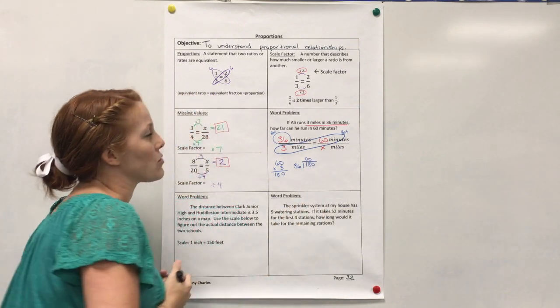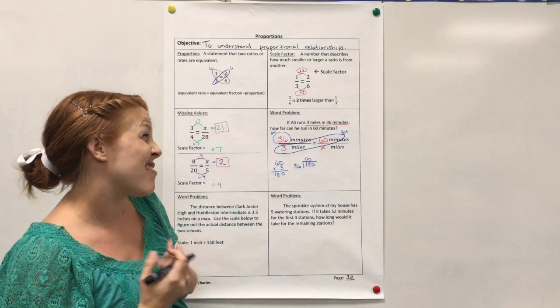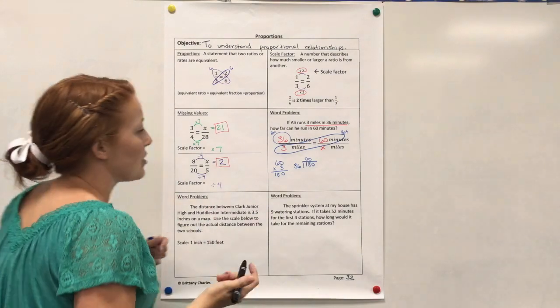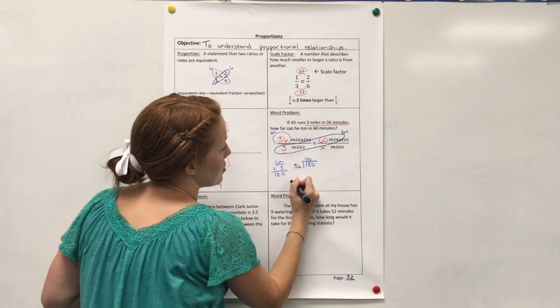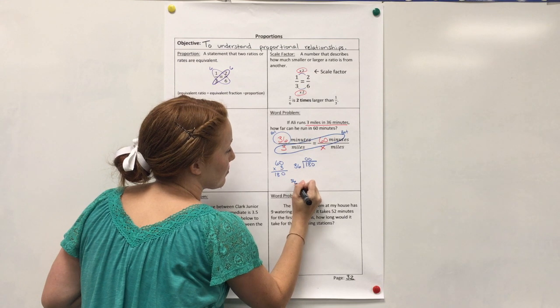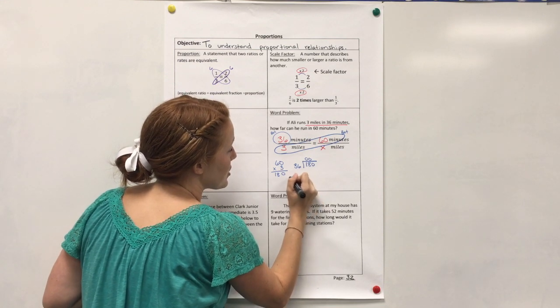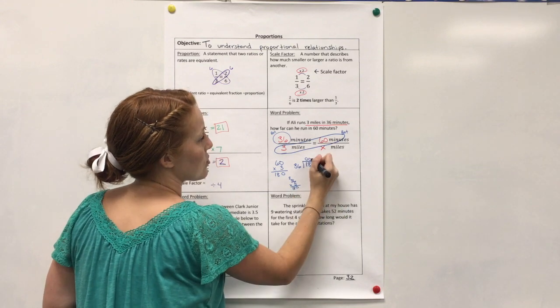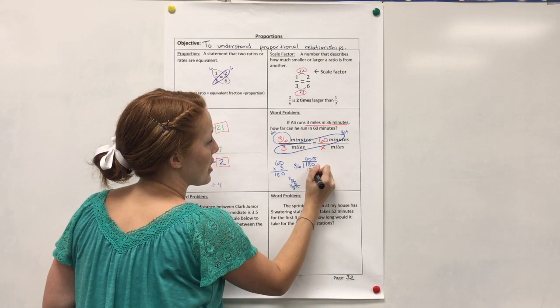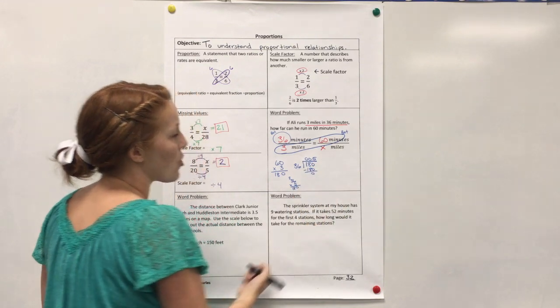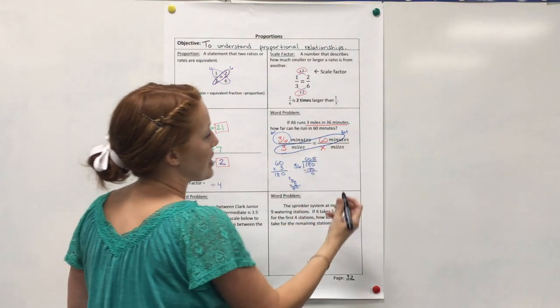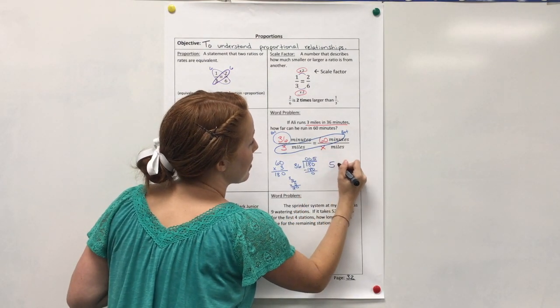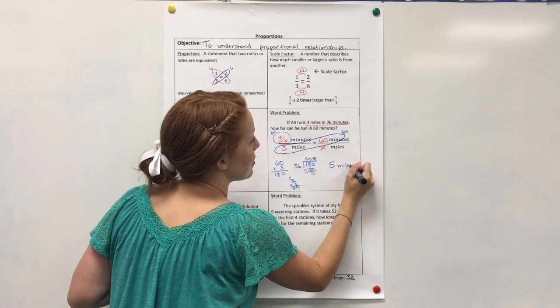So now let's think reasonably. Maybe 5 times. Let's see what 36 times 5 is. 5 times 6 is 30. 15, 16, 17, 18. Oh, perfect. So that would be 5, which would be 180. So that tells me that he can go 5 miles